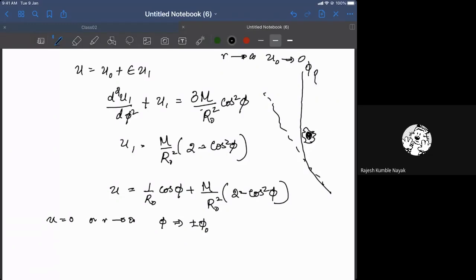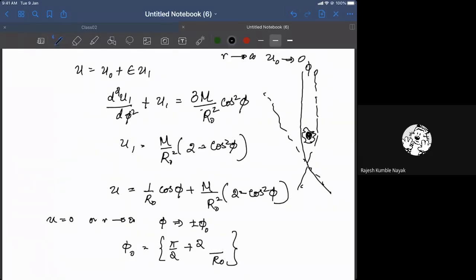You could have this way, and then it coming like this. So including that, you would see that the phi naught would have a value of pi by 2 plus 2GM by r naught. Okay, so this is the